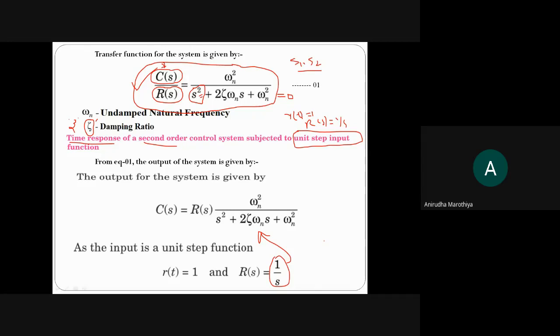And to find c(t), you must know C(s). And to find C(s), you must know which type of input is provided in the form of excitation. Once you know the value of R(s), try to find out C(s) and then apply the fundamental basic logic which you learned in case of Laplace transform and find out c(t). That is the reason I told you that Laplace transform is very important and you have to remember all the standard formulas related to Laplace transform, how to find the Laplace transform, how to find the inverse Laplace transform.